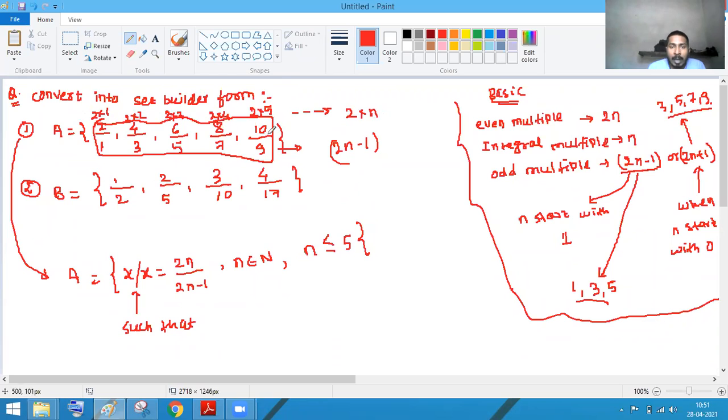So for this sequence n can be only up to 5. If you take n as 1 you will get 2, if you take 2 you will get 4, 3 gives 6, 4 gives 8. If you take n as 5 then you will get 10. After that there are no more numbers. That's why the permissible value for n is 5 and the collection is till 10 by 9. Clear? Now in this, if you put n equal to 5, you will get 9. I'm clear with all this. Everyone got this concept?